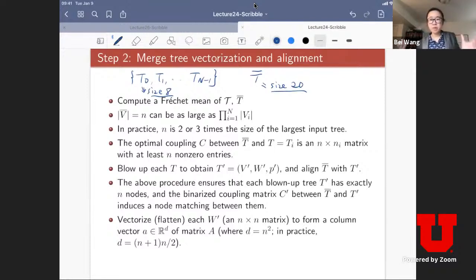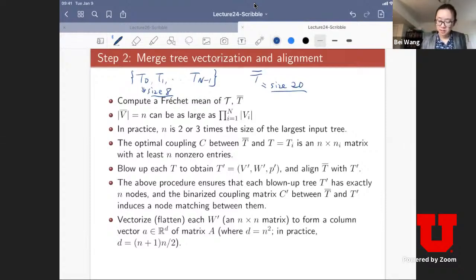So if I want to match an input tree to this average tree, and the average tree is bigger, what are you going to do? You are essentially trying to duplicate labels or nodes in the input tree. So if the first tree has 8 nodes originally, you are going to duplicate some of those nodes such that it will end up carrying all the 20 nodes from the